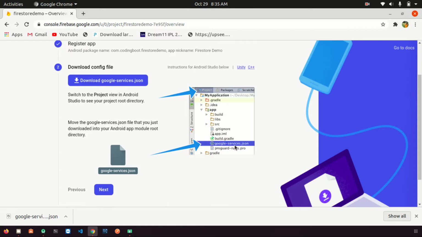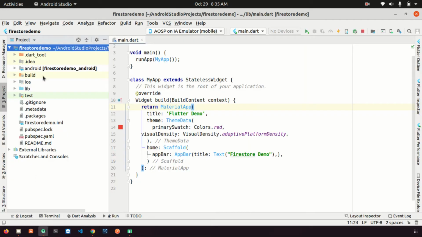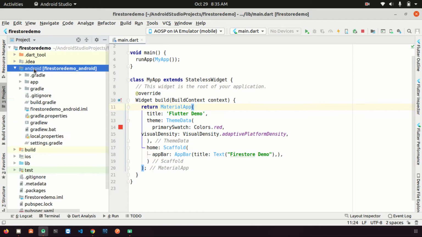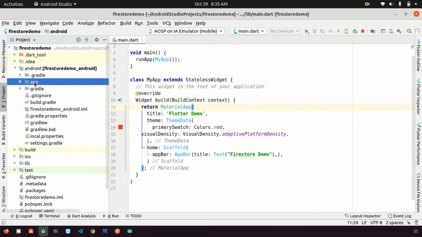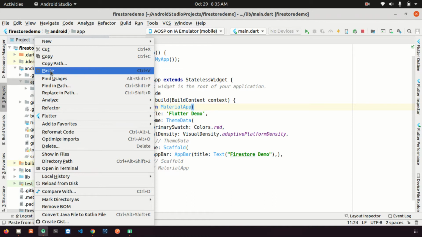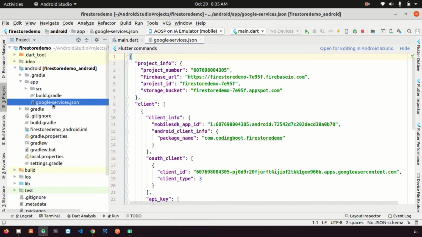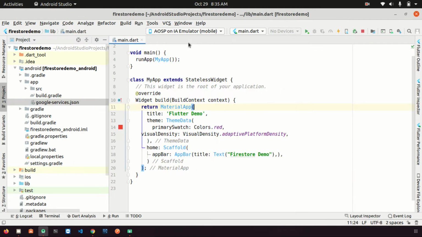You have to add this JSON file in the app folder of Android.